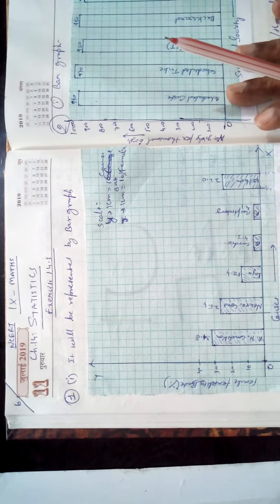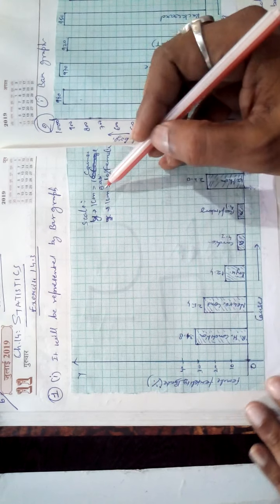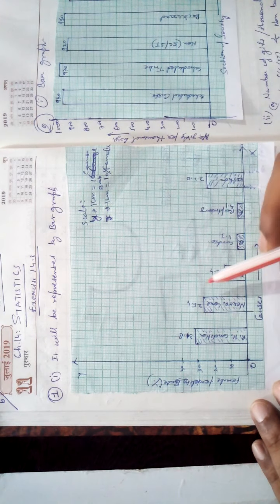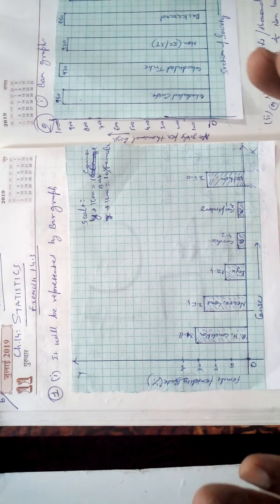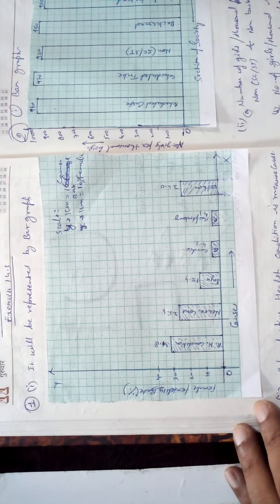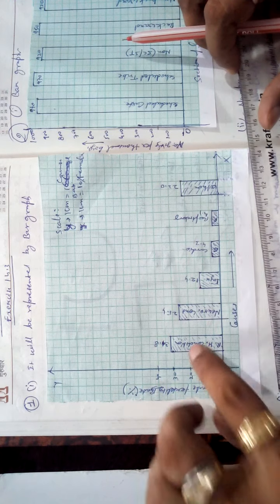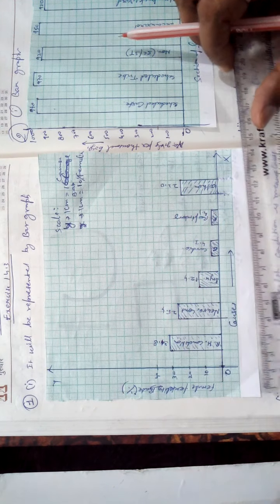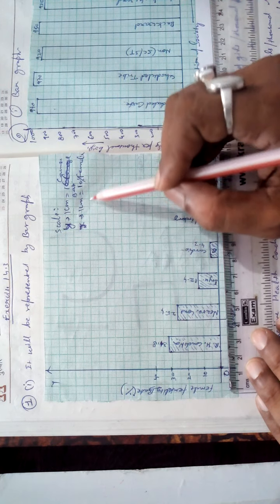First of all, you take the scale along the horizontal line. Because different things are given, you will get a bar graph. The suitable graph is a bar graph. What will you do? Draw a line. How many conditions are there? There are 1, 2, 3, 4, 5, 6. So you want at least a 12 centimeter gap, and 1 centimeter is the width of each bar.